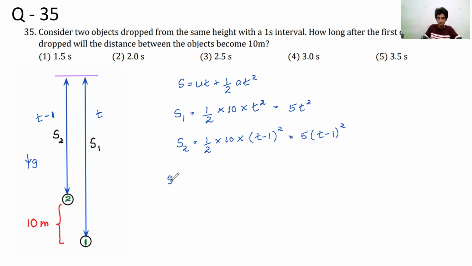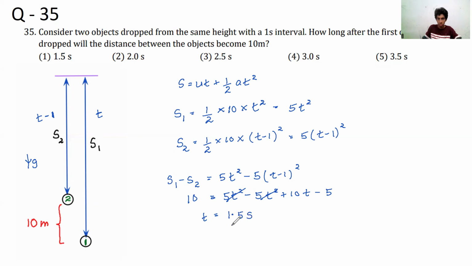Then S1 minus S2 will be equal to 5t squared minus 5 into (t minus 1) squared. So this is equal to 5t squared minus 5t squared plus 10t minus 5. S1 minus S2 will be equal to 10 meters. So 5t squared and 5t squared cancel. Therefore, t will be equal to 1.5